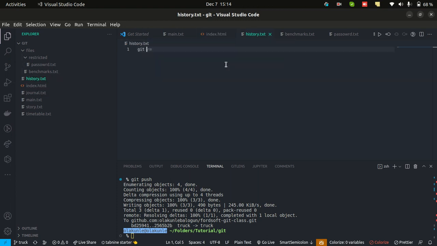I will do git init. I'm going to add using git add. You know how you can add? You can do git add files, or git add dash capital A. Then you do git commit. Then you use your normal stuff, whatever message. Then you do git